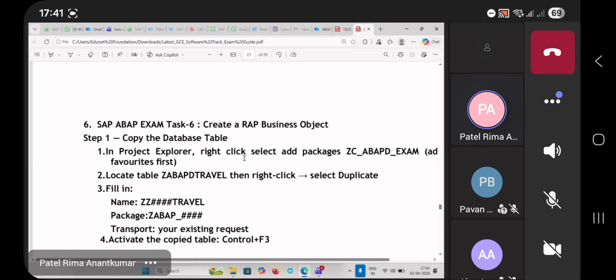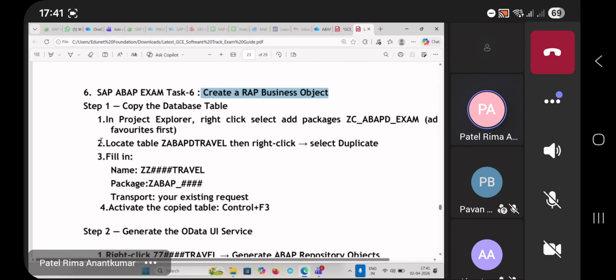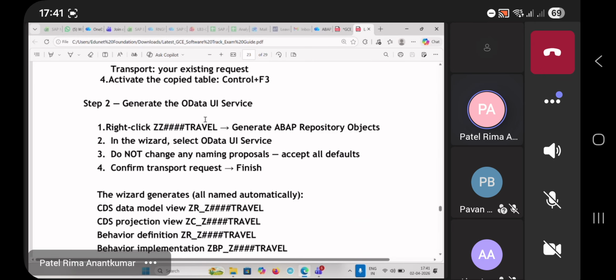Then task 6 is very important, that is RAP. If you are not aware of RAP, just go through the session recordings. One session I have taken on this last month. You will find the recording link in the WhatsApp message, right? And the steps are given over here. According to that, you have to create the table. Then you need to create the ABAP repository objects. Everything is going to be done by itself. You just need to follow the steps, and it will create the